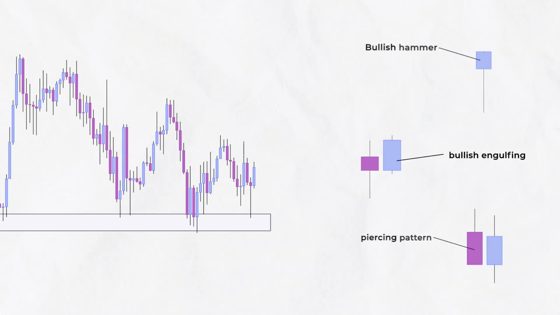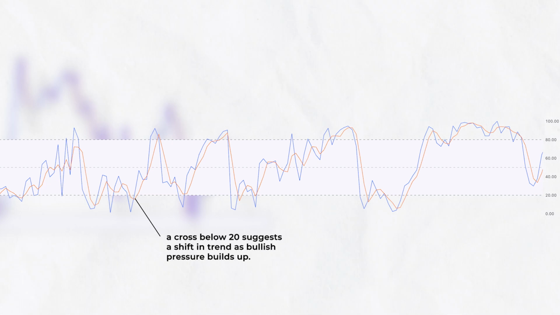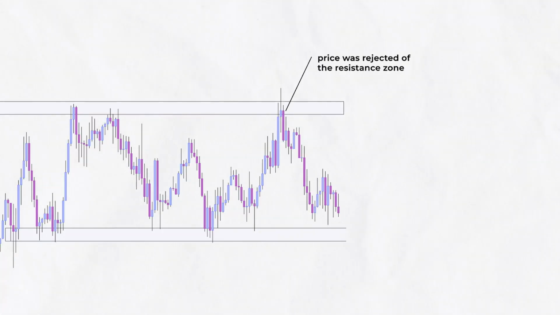I always look for bullish candlestick patterns such as hammer, bullish engulfing, or piercing patterns signaling an upward shift. And for extra assurance, I may use the stochastic oscillator to spot oversold conditions along with the 20 and 50 period moving averages. Conversely, when the price reaches a resistance zone, it may be an appropriate time to exit a long